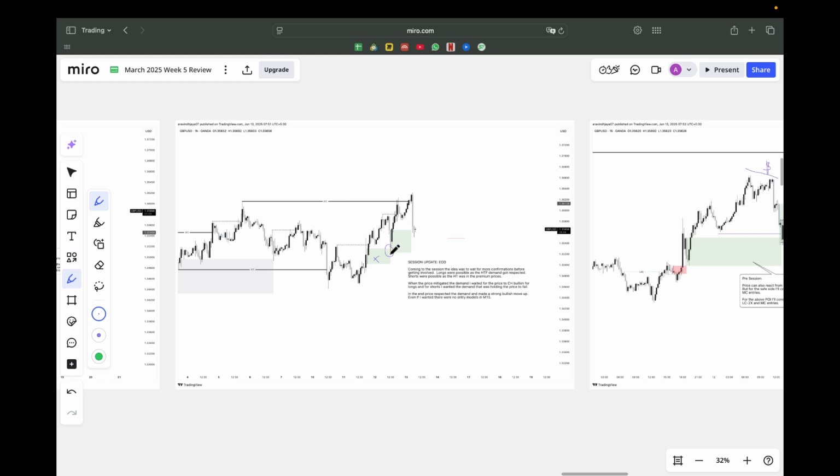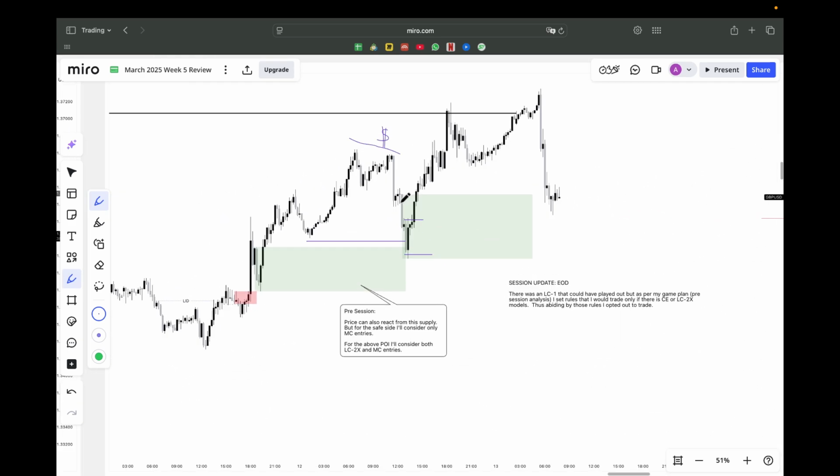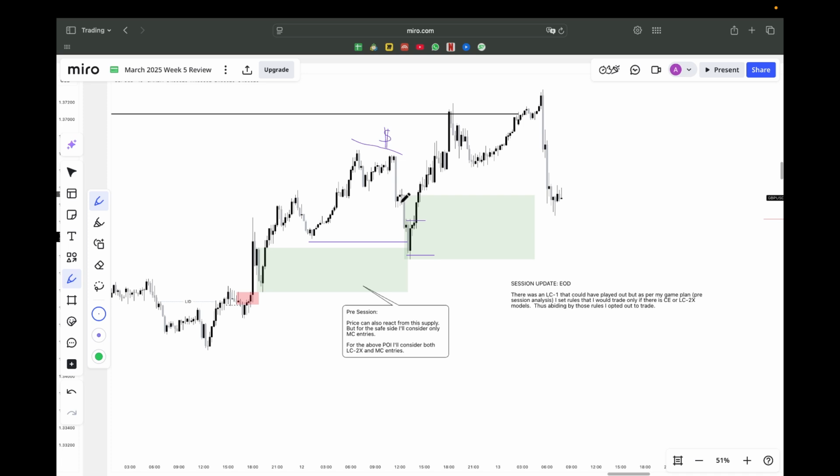Price just tapped into this POI. There is no CHoCH bullish. There is one straight push up making a bullish IBOS. That's it. So if you guys want to look into the M15 entries, there is none, because price just mitigated into this POI. There is no LC2A or LC2B, just mitigation and then a straight push up, and there is no pullback to play the confirmation entry also.